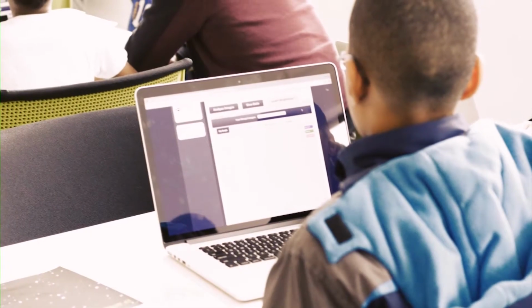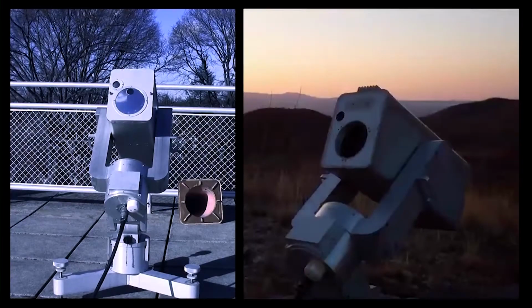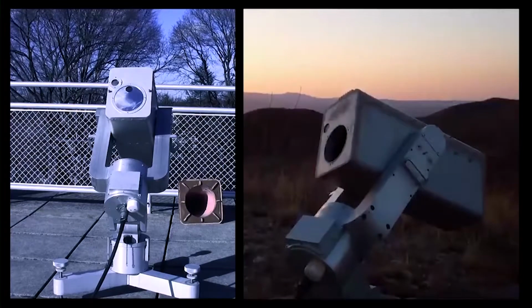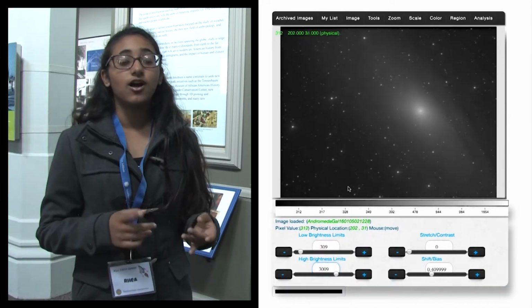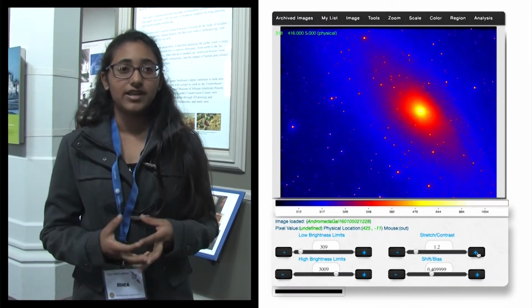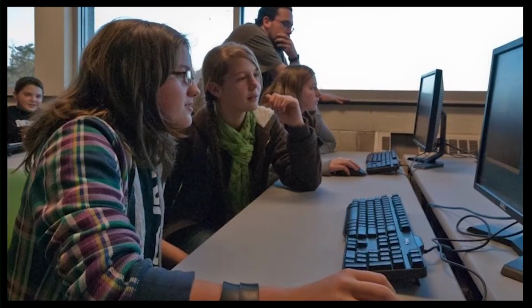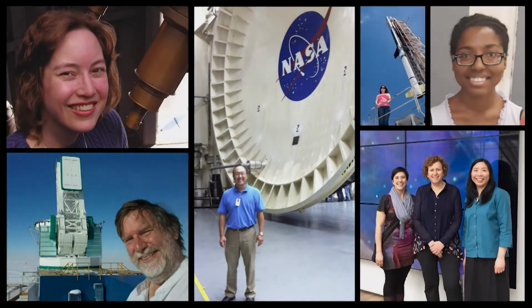Students across the country access their unique workspaces in the Youth Astranet portal. Here they place requests to our telescopes to take pictures of various objects in the sky. And then we process them, so we colorize them and we put in different filters to see the desired effects. The students then must analyze the embedded information, the same way real scientists at Harvard and Smithsonian do every day, many of whom offer to serve as mentors and answer questions from the students.